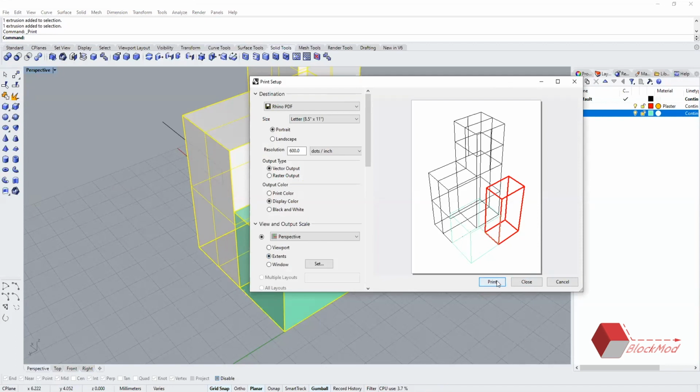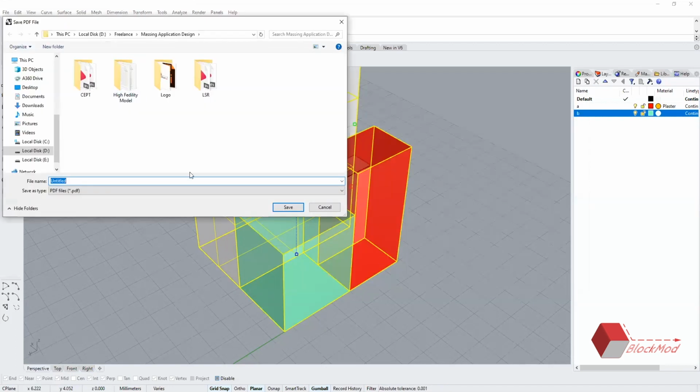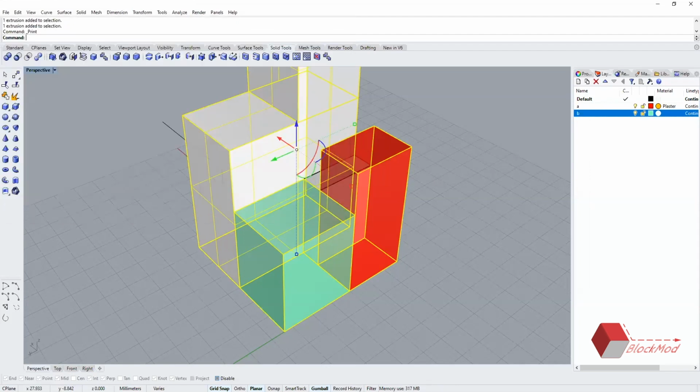I'll just show a print. So this is a PDF. This is the output that you can get.